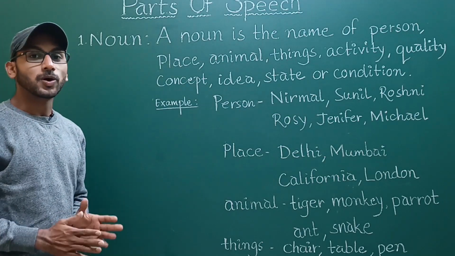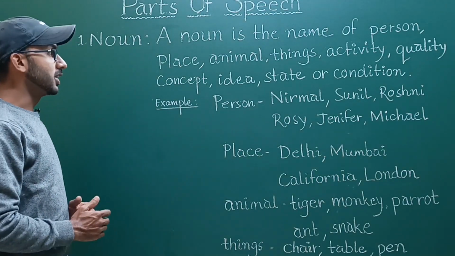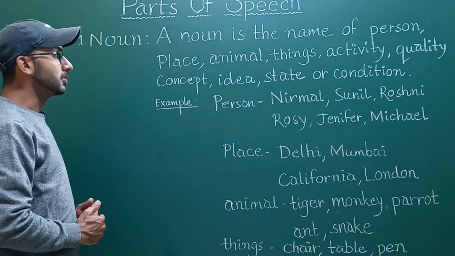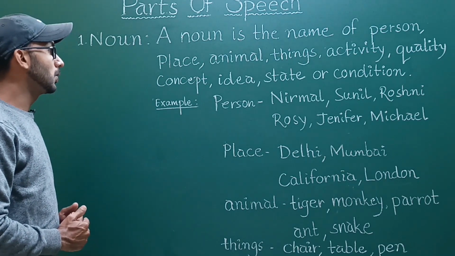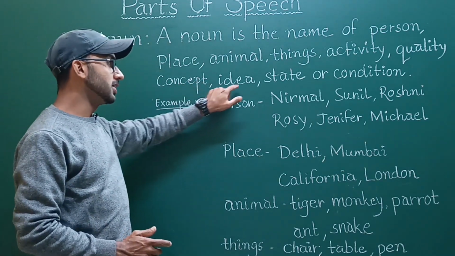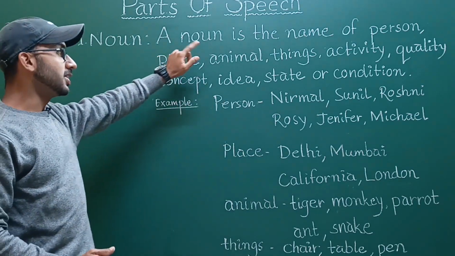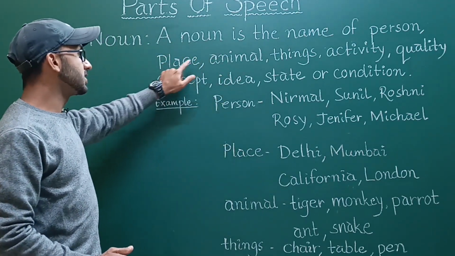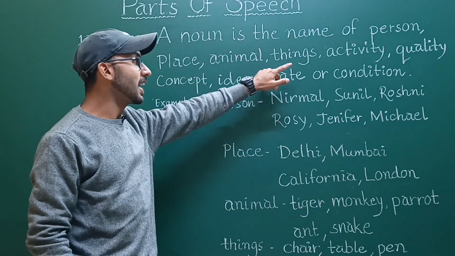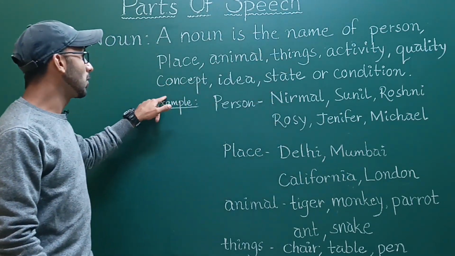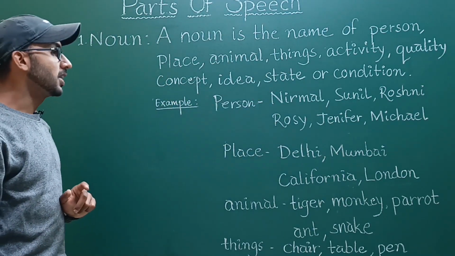Let us start. What is a noun? A noun is the name of a person, place, animal, things, activity, quality, concept, idea, state or condition. Let me repeat. A noun is the name of a person, place, animal, things, activity, quality, concept, idea, state or